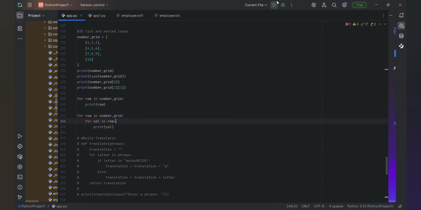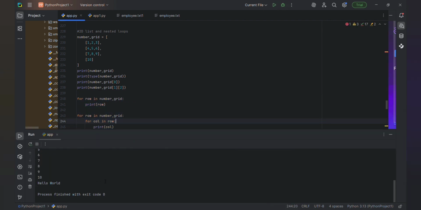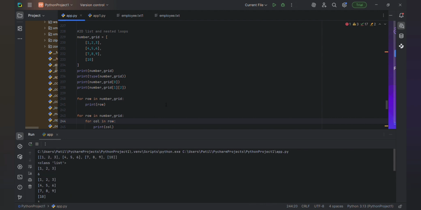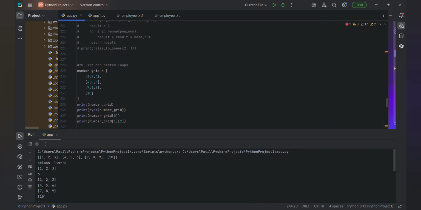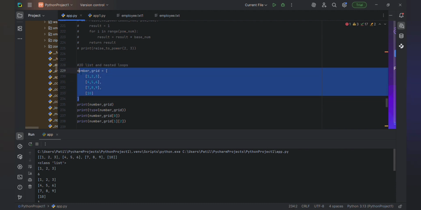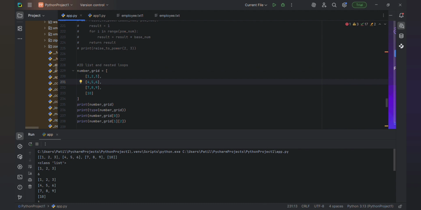See, here in 2D list, meaning 2-dimensional list, we are going to build one 2-dimensional array in this number grid. So we are listing 1 2 3 4 5 6 7 8 9 and 10. So how Python considers it: this is one row, second row, third row, and fourth row, and the columns are first, second, third.